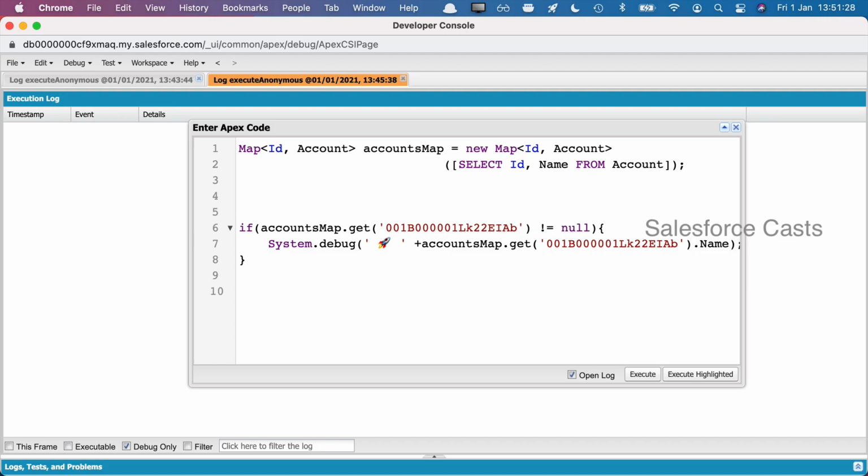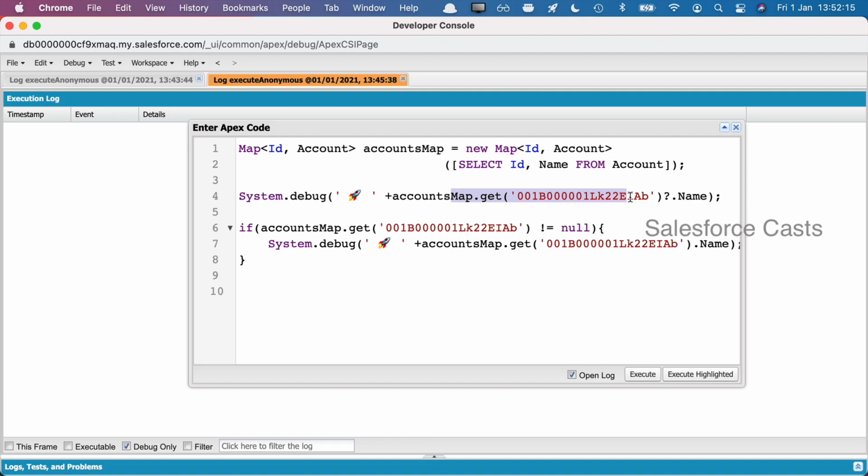For that, what I'm going to do is System.debug of mapName.get of ID. This is the name of the map. From the map, we are trying to get an entry which has this as the key. And instead of doing the null check like this, the equivalent is going to be a question mark. Now this question mark here is equal to this null check here. If it exists, then give me the name of the account. And if this doesn't exist, then it is going to give us back null.